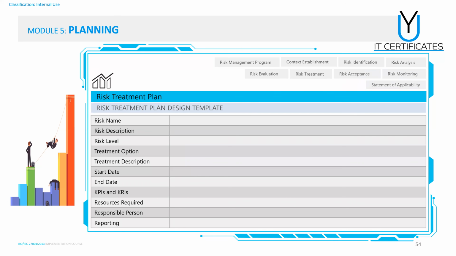The risk treatment plan, if you remember from the first session, will contain all the information about the risks: its description, risk level, what is the mitigation or the treatment option, when the controls will be installed, who will be responsible for this installation, and what are the resources required. This is a template which you can use for the risk treatment plan. Of course, you have to use one of these templates for each